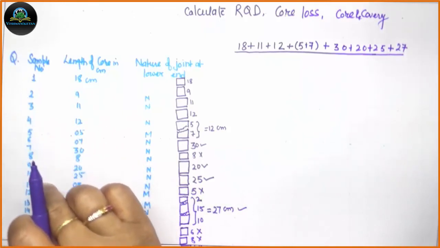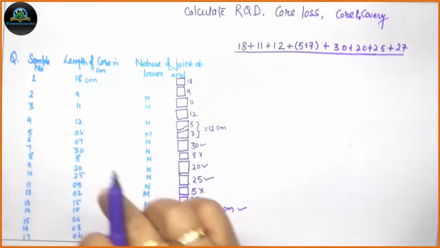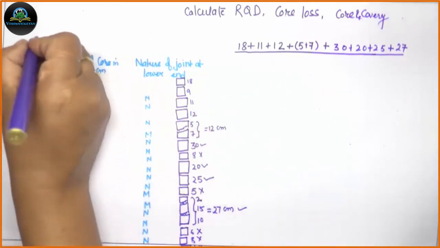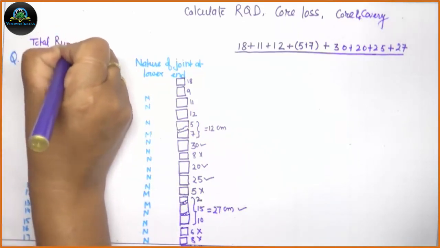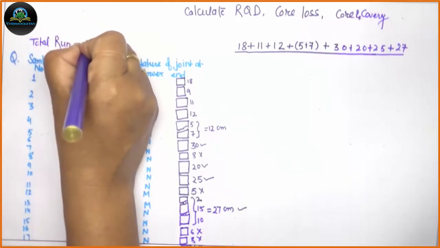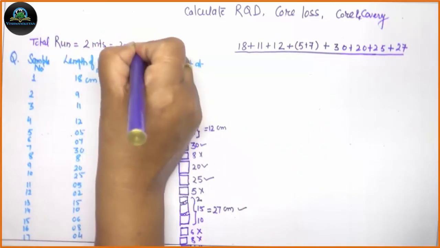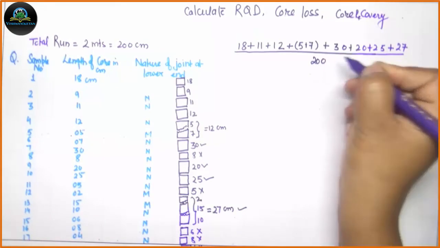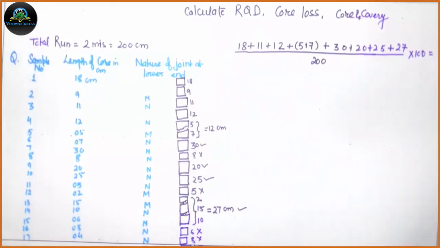Now in the question paper, it is already given that the total run is 2 meters, meaning 200 centimeter. It will be divided by 200 and multiplied by 100. This will be my value of RQD. If I calculate it, then it will